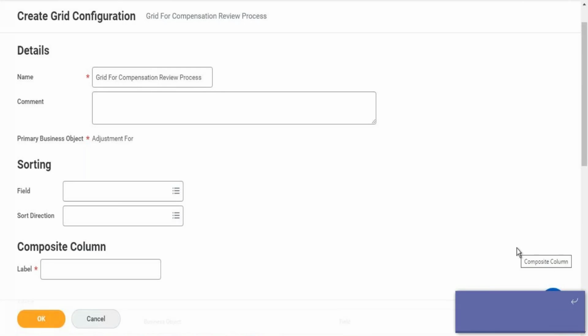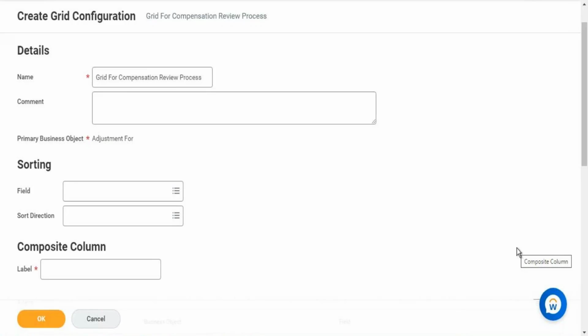All the changes, revised compensations, and review process things, and any stocks that are getting changed for employees, or base pay getting changed for employees as part of review process, will be coming in adjustment for business object. So adjustment for business object is an important one. Probably whenever you wanted to report anything related to compensation change, the first thing that you need to consider is